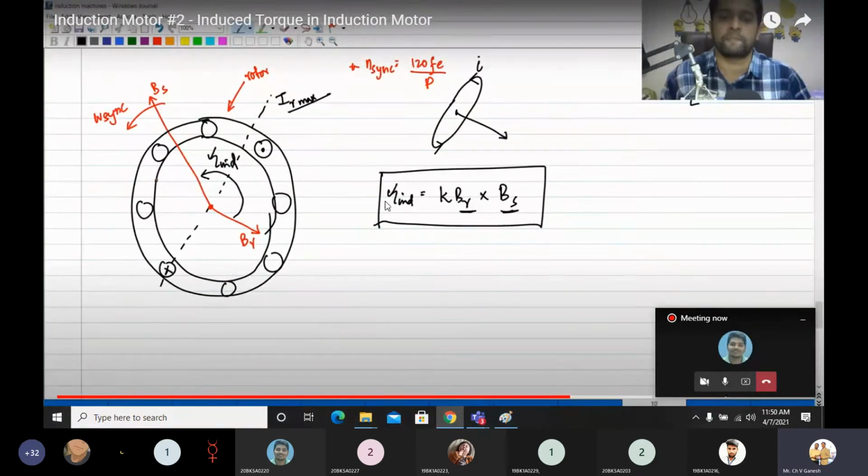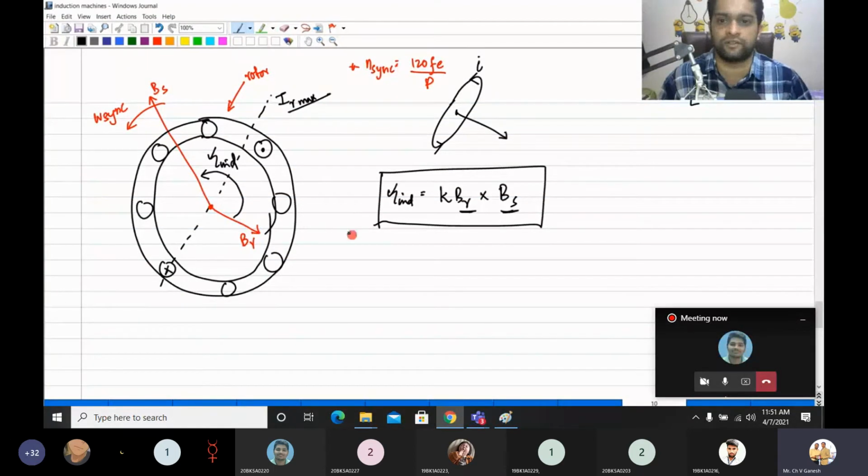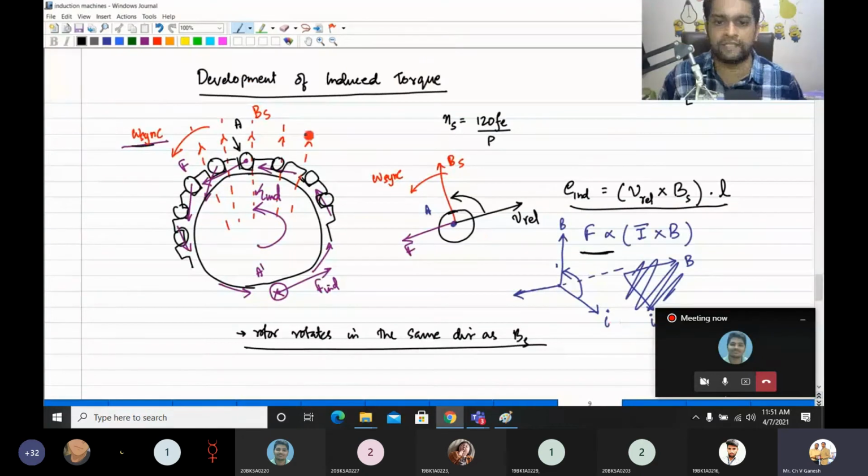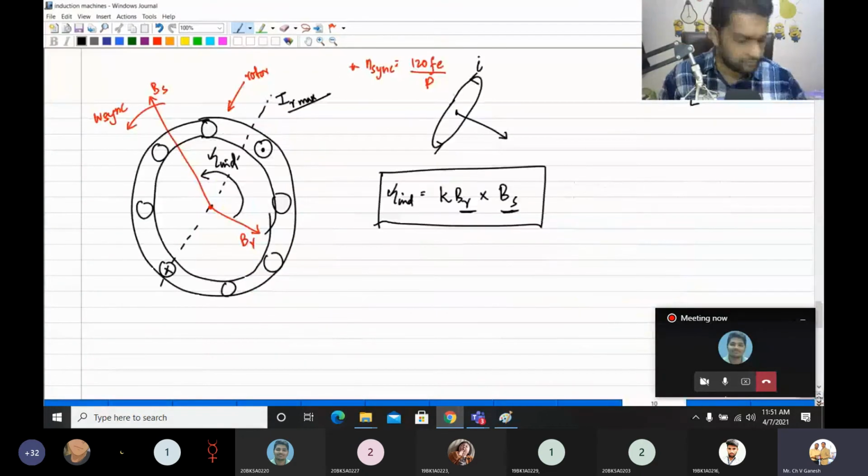Your induced EMF will depend upon the rotor field as well as the stator field. Now it will start from rotor to stator. Now it will be in the counterclockwise direction, which means it will be in the same direction as the synchronous speed. So this explanation is very useful for the type where you have the same type of stator windings. Whatever is in the stator, three-phase electrical winding, you have the same thing in the rotor structure also. For those types, this explanation is useful, and for squirrel cage, this explanation is useful. So I've given you both.